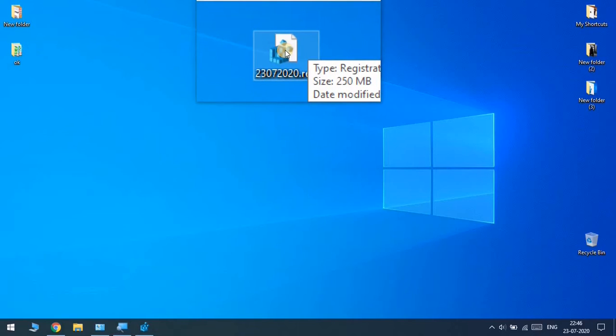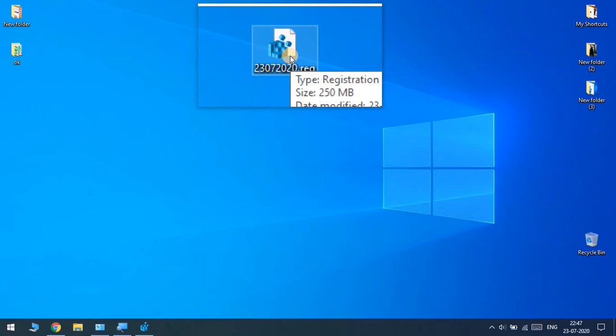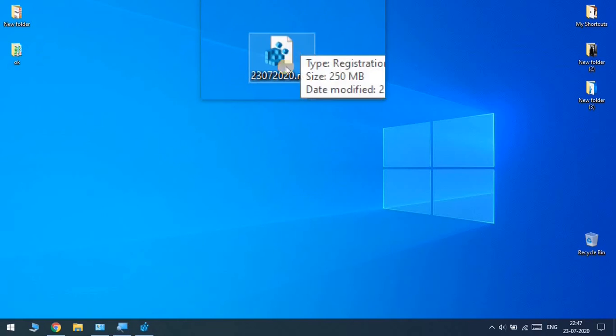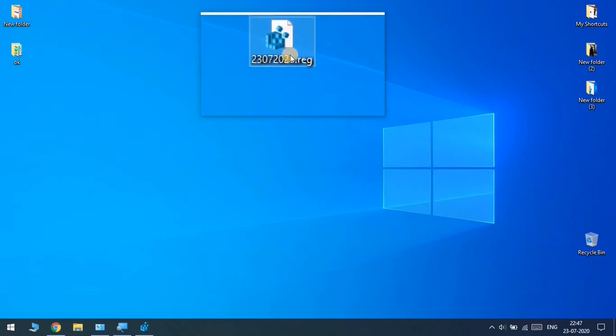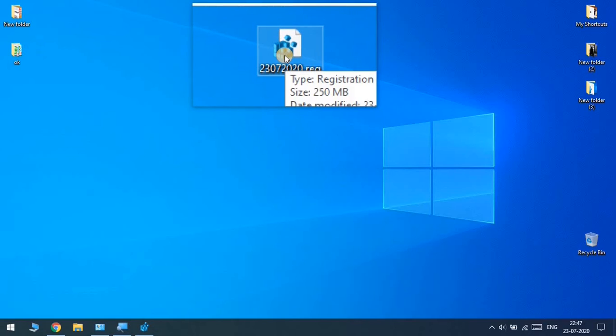If by mistake you edited or deleted any other values in the registry, come to this file, double click on it, and it will be installed, overwriting the registry. Just say yes. Otherwise, in the registry, go to Import, where we exported and saved this file, and import it, then the registry will be overwritten.